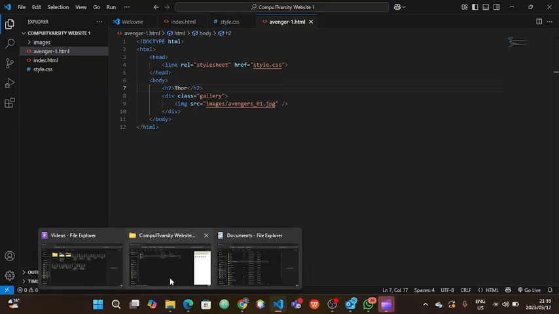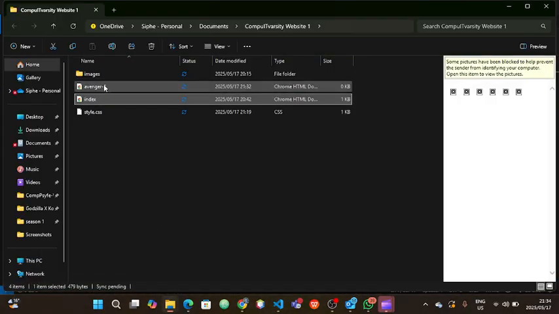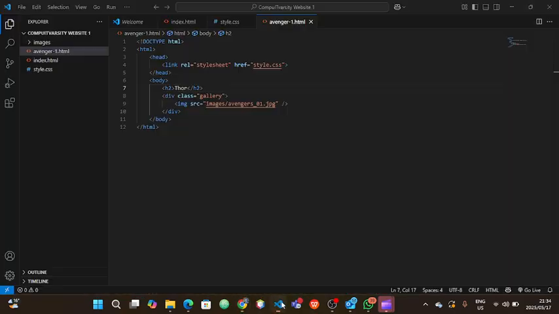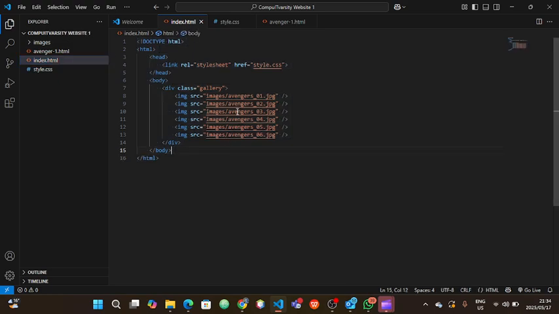And go to the browser. So there's our heading and there's the image. Okay, let's go back. What we're going to do is link the Thor image in index.html to that page. So we'll create a hyperlink here that will link to